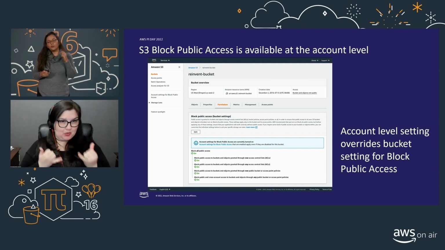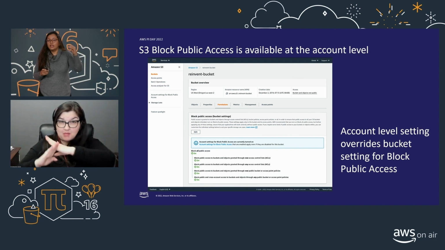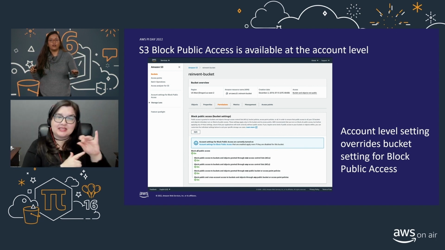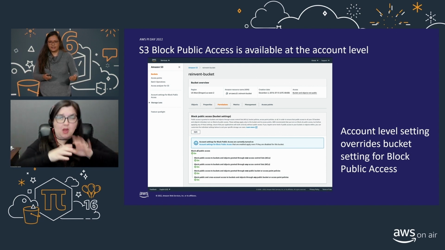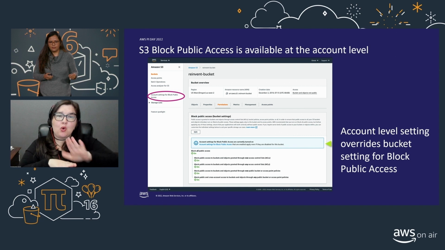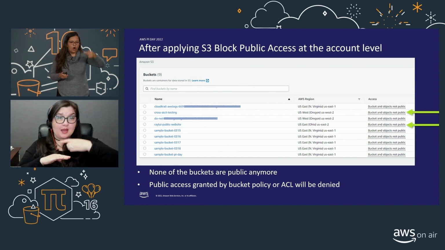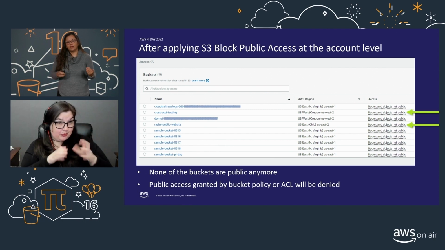So now once you turn on the block public access at the account level, this setting gives you the overarching protection across all of your buckets and overrides your individual bucket level setting. So now after I turn on block public access at the account level, you can see that all of the buckets are protected and the 2 buckets that were flagged are now secured and are not publicly accessible.